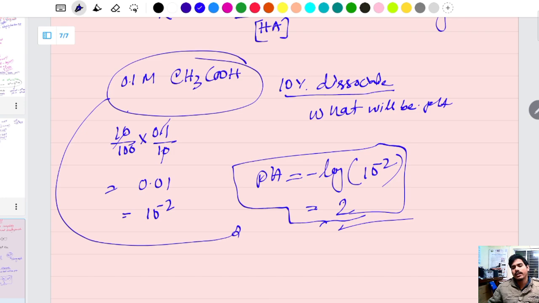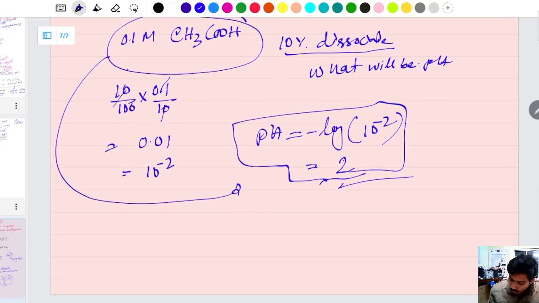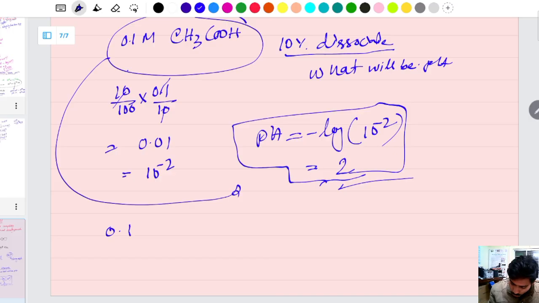Hope that you guys can understand that math. That's not too difficult, but you need to practice more and more. So what will be the pH of acetic acid, 0.1 molar? Let's calculate 0.1 molar acetic acid, CH3COOH. And if it is in the 1% aqueous solution,